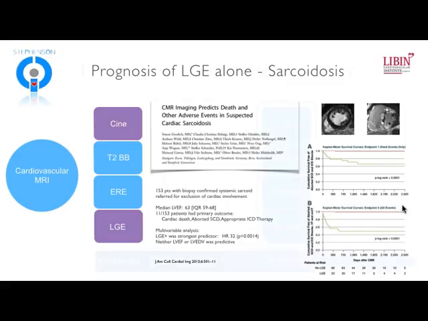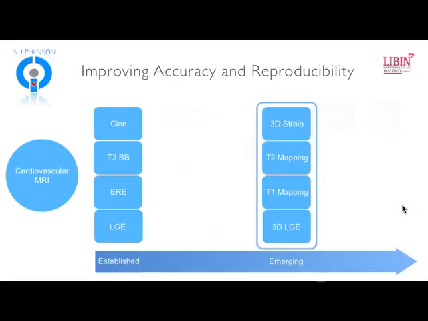And this is consistent with the type of work that we've seen coming out for sarcoidosis, a different form of myocarditis, granted, but still nevertheless an inflammatory myocardial disease, where we see that late gadolinium enhancement is really the dominant predictor of adverse events. And in this case, having a hazard ratio of 32 in a patient population with confirmed pulmonary sarcoid being evaluated for possible cardiac involvement.